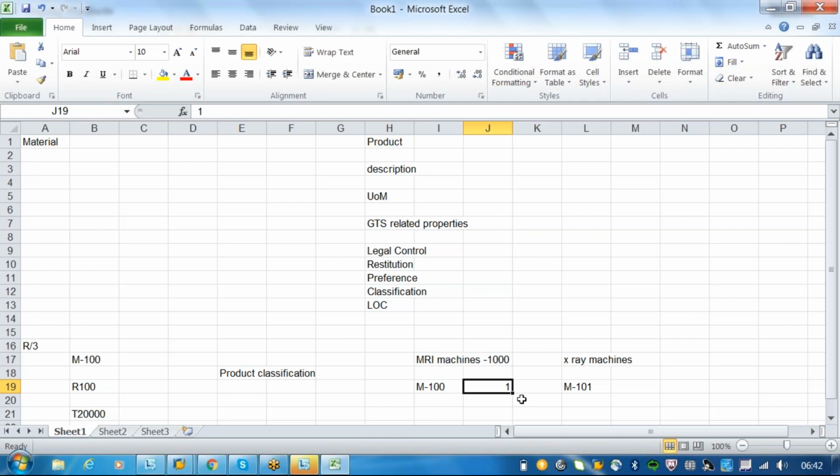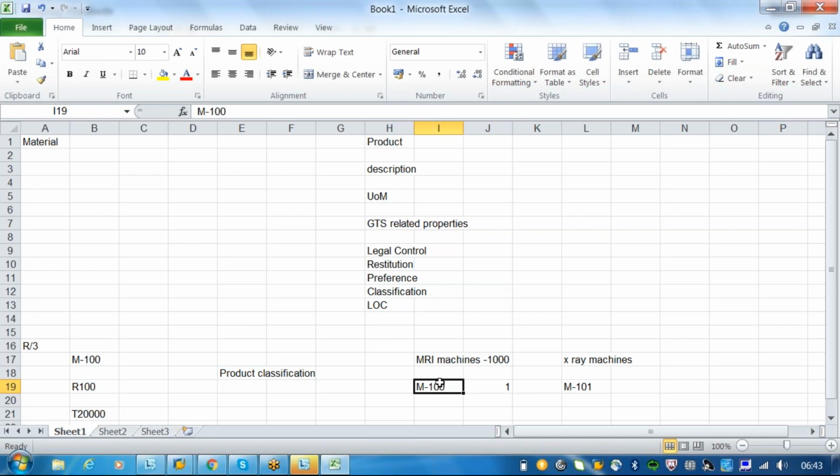The same way, for example, when you transfer a material from MI100 to a GTS, you have to declare this at customs, saying that this is a MR emission. So how will the customs understand this is a MR emission?